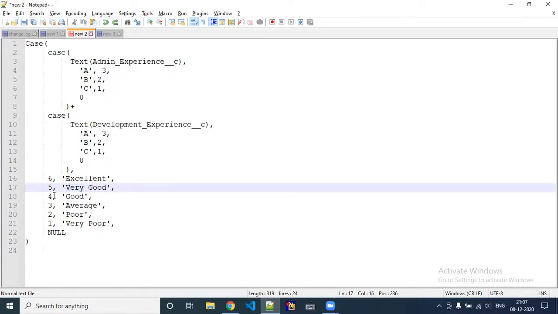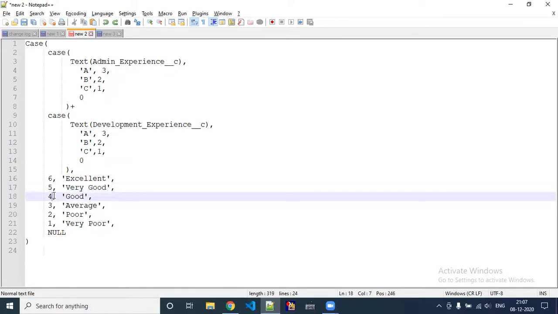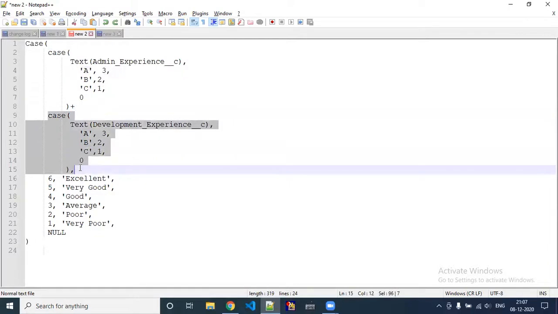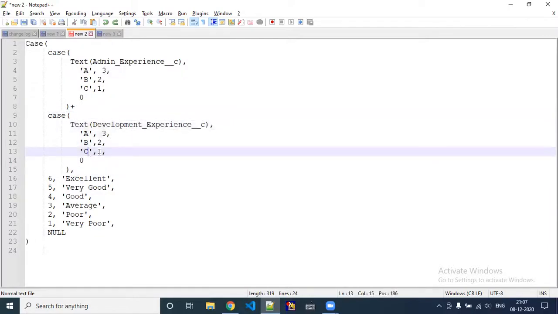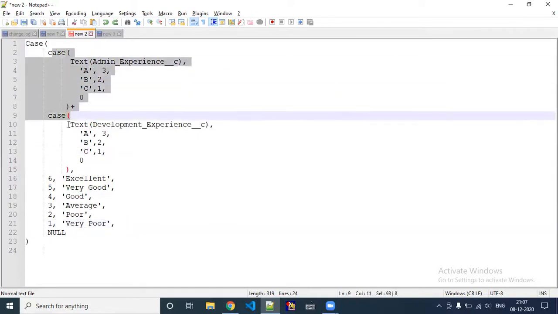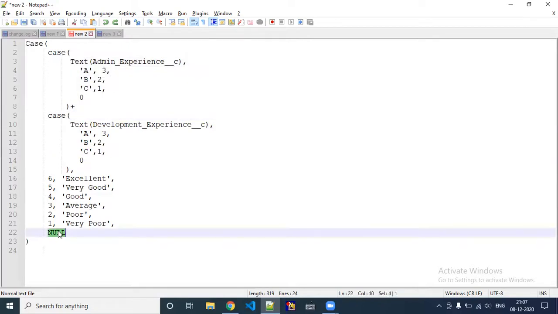This is the way we calculate our end result down to 1, which is very poor. 1 will be the case where the first field is not selected and the second field is selected. If it is C, then automatically 0 plus 1 is 1, and it will be very poor. And if both fields are not selected, then the value should be null, so no value should be displayed in the field.